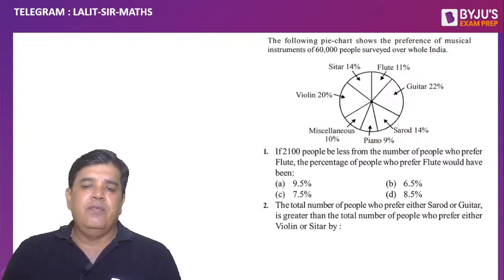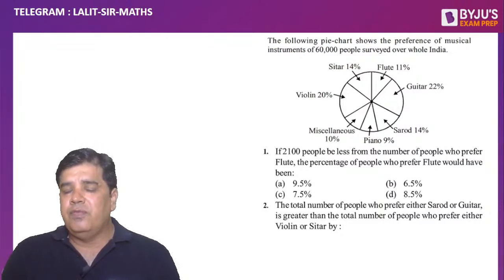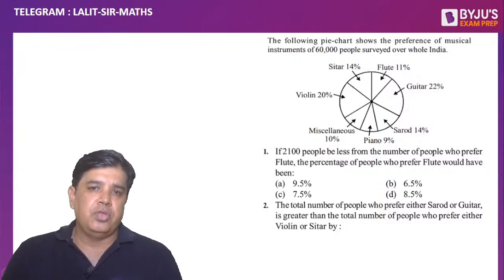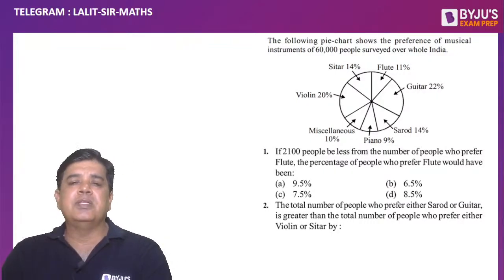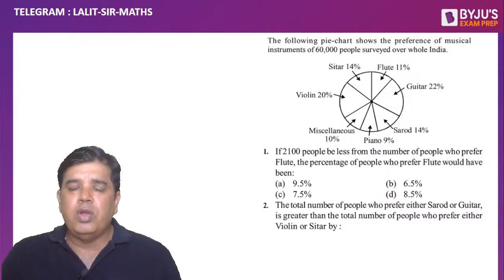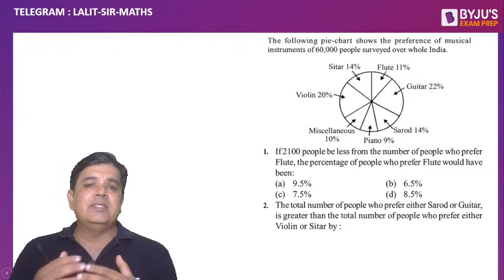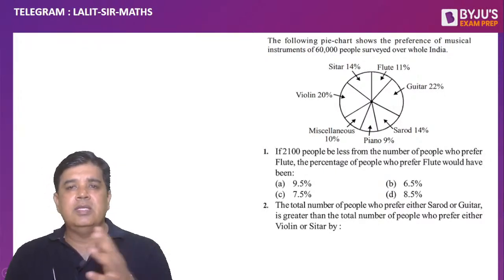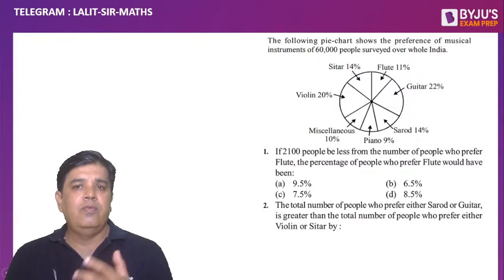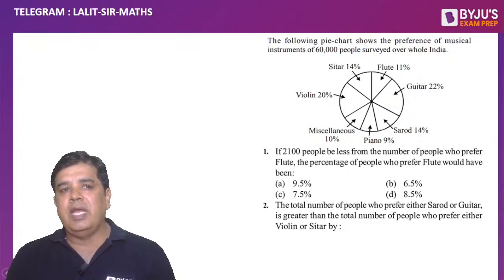Students, today we are revising the very basics of data interpretation. These are very simple questions, the level 1, type 1 of data interpretation. Here we have just a single graph. The data is clearly presentable, right? Everything is mentioned in the chart. Sometimes we have to analyze the data and make the chart ourselves. That is the next type, which we will be doing tomorrow at the same time, that is 5